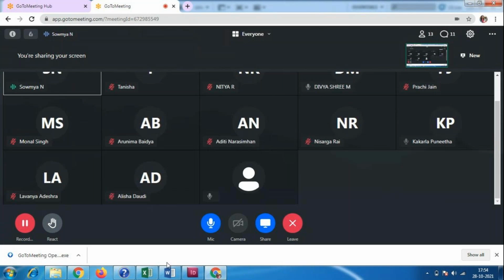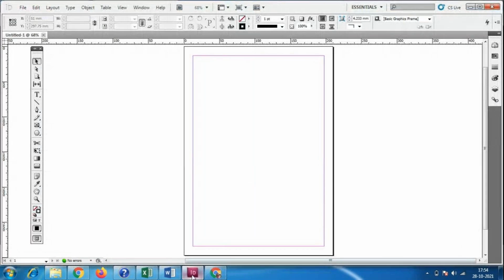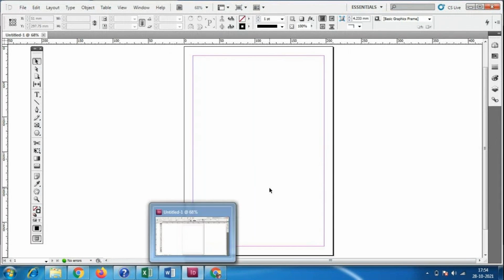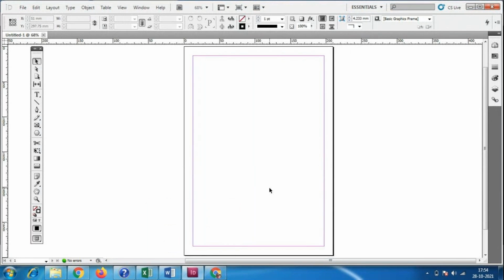Okay. So like that, everybody compulsorily has to download the InDesign software. Better you people download CS6 or CS8. Yesterday I showed you people the versions, what versions we have. So according to that you can download. So CS6, CS8 or CC 2011, CC 2012, CC 2020, 21 is the latest version of InDesign software.